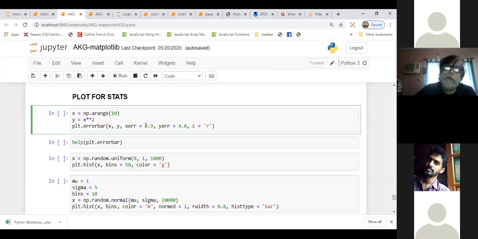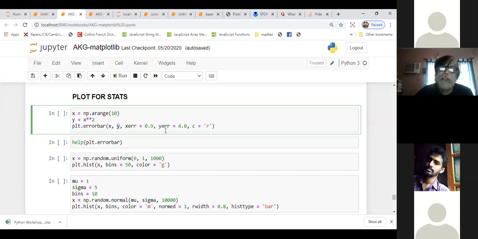For each measurement, you may have taken, say, hundreds. For each data point, you may have taken 100 measurements. Then you calculate the statistical error. That means you take the standard deviation of those values, and then you divide this by root n, where n is the number of data. The standard deviation divided by root n is what they call the statistical error. So this is for the x data.